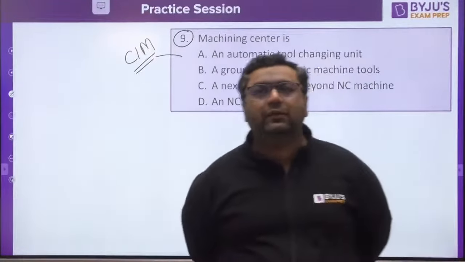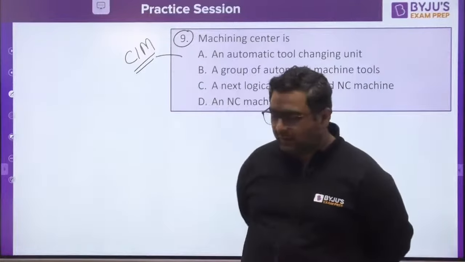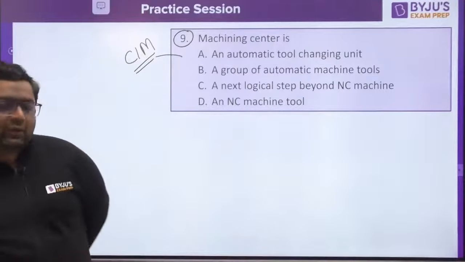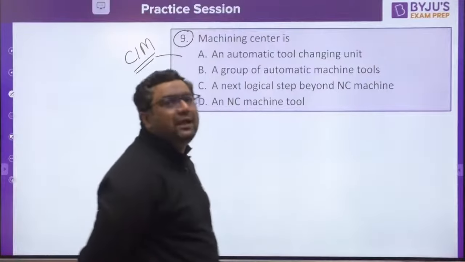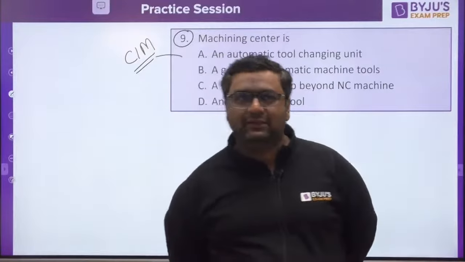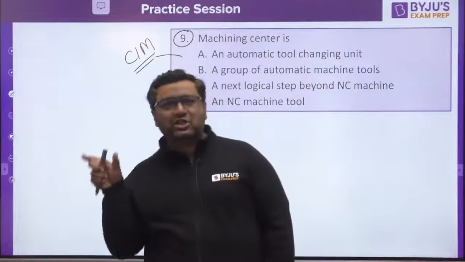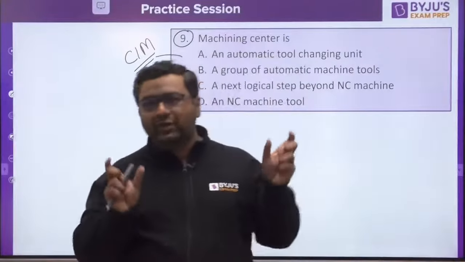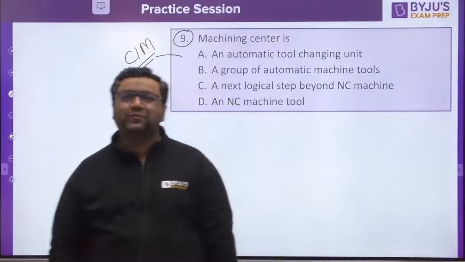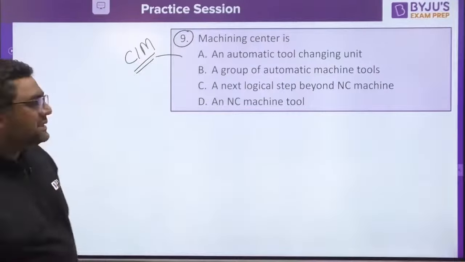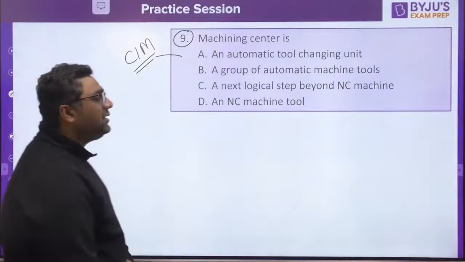Rohan is saying B. Try to recall a little, dear: what is a machine center, and what is the thing that contains the tools called? You are getting confused between two things. There is one thing known as machine center, the other is tool magazine. So you are confused between the two. Maybe after this hint you can answer correctly. Something called machine center. Second thing is